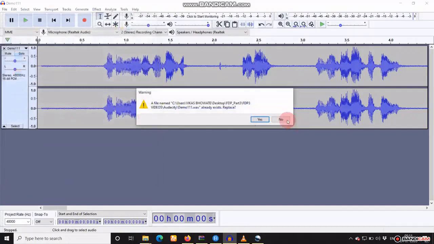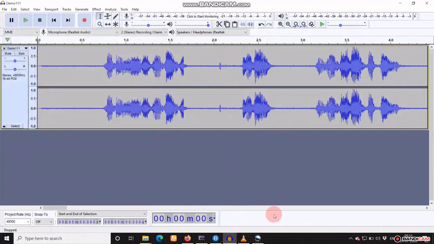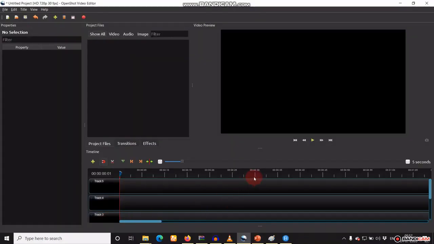And then by using OpenShot, you have to merge this audio file with the video file. After removing the noise, you have to merge that audio file with the video file. So for that, you need to take the help of the OpenShot Video Editor.